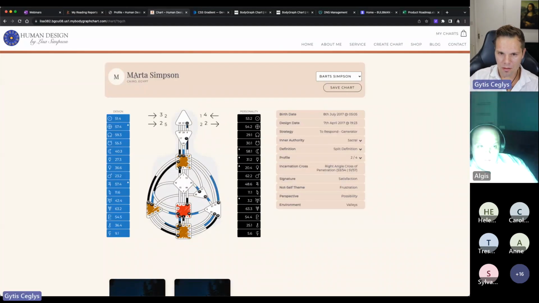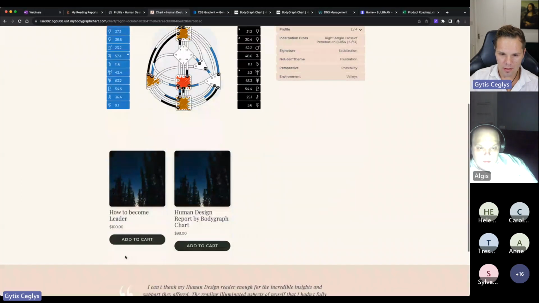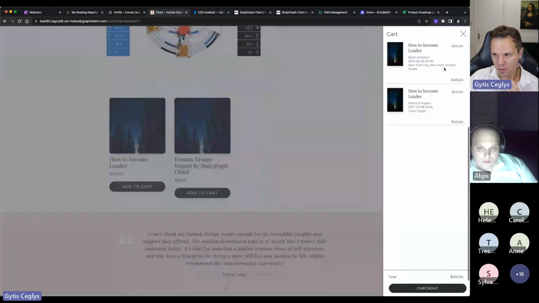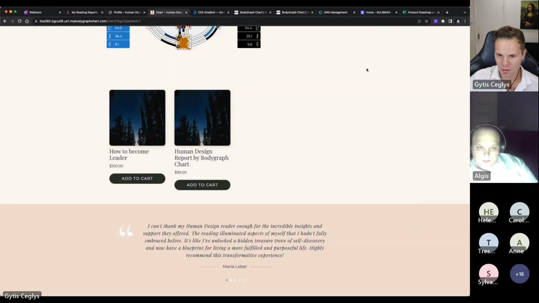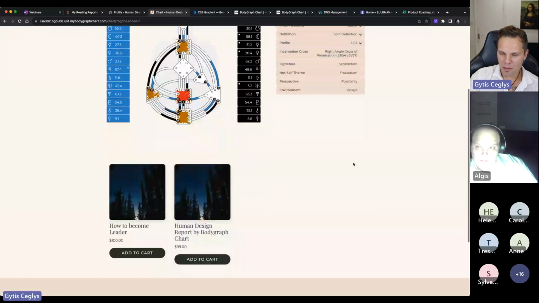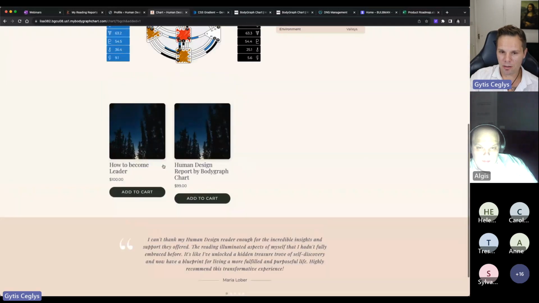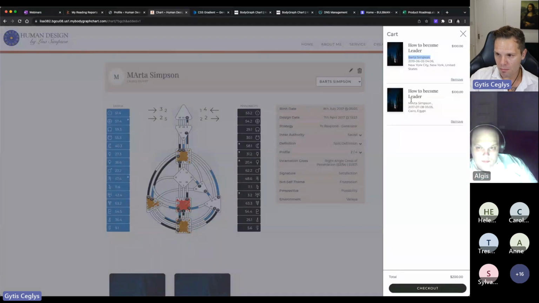So this is the idea. Now, as Bart Simpson again, I can save. Now I have two charts here, and I can say add. For some reason I see this draft report here, but it's because you're admin, I see everything. Okay, because I disabled that one. But again, you can enable multiple reports here, and one customer, Bart Simpson, can buy different reports in one go. And now if you see here, there's one from Bart, Martha, one from Bart, and if you go to the checkout page,